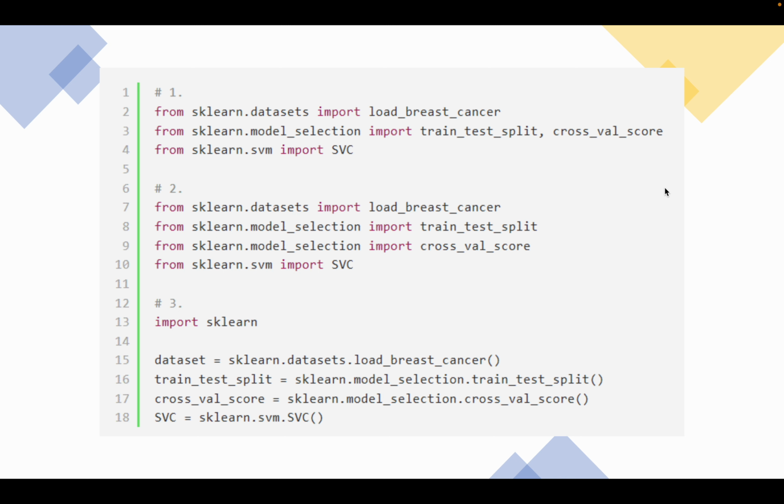And here I put another example, so you can take a few seconds and think about which one would be the better approach. Okay, so the answer is still the first one would be better, because you import the function that you want to use here.